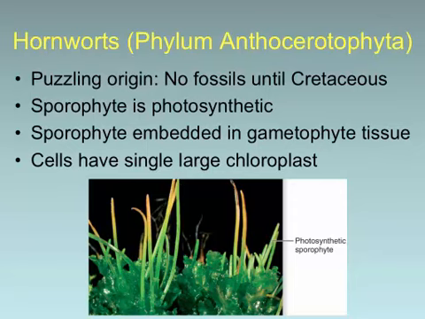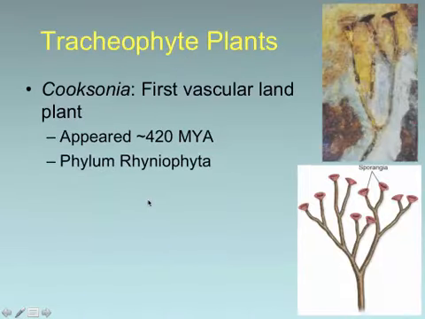But with the sporophytes in the hornworts, the new growth happens down here at the base. And when new cells are added down here, that's going to push the upper parts of the sporophyte away from the gametophyte. So it's actually growing from the base as opposed to growing from the tip, which is the custom in most plants.